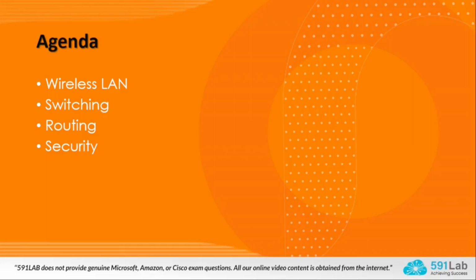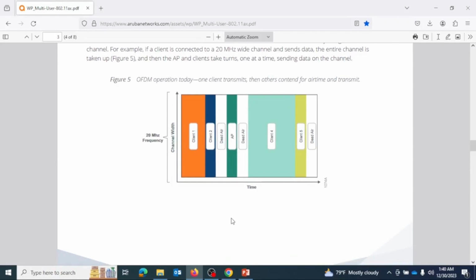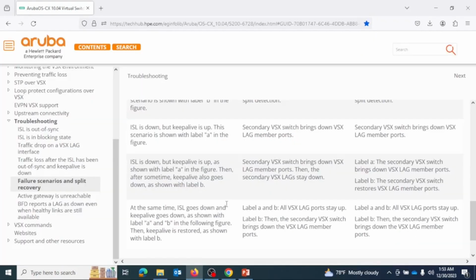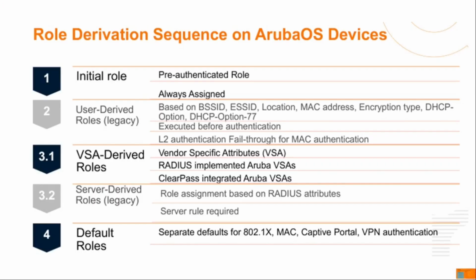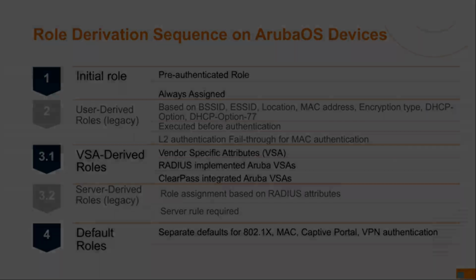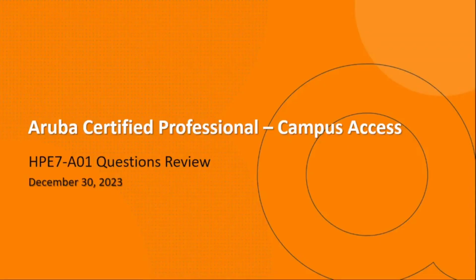Campus Access exam objectives. Let me briefly go through each one to move onto the lower bandwidth channel width, such as 10 to 20 MHz, to reduce the interference. Setting on split recovery is on. The default configuration setting on split recovery is on specific attributes. If you have an integration with a RADIUS server that supports VSA attributes, then